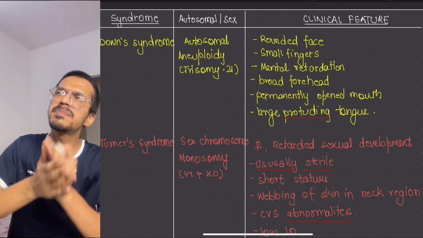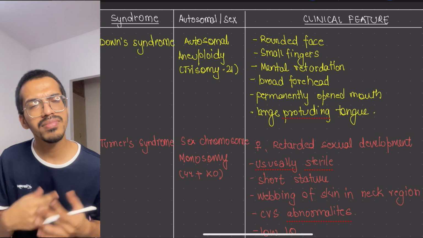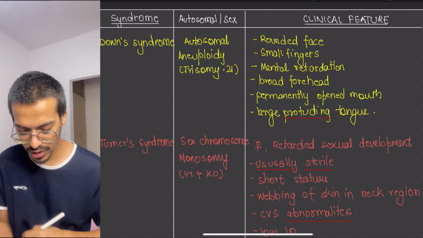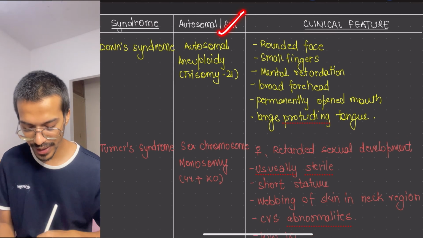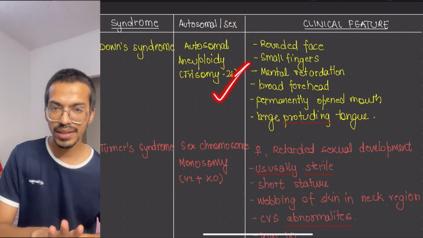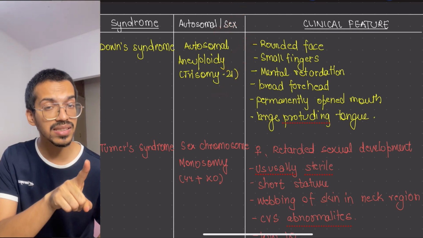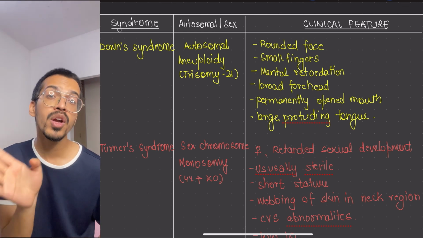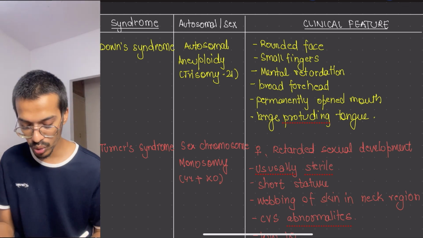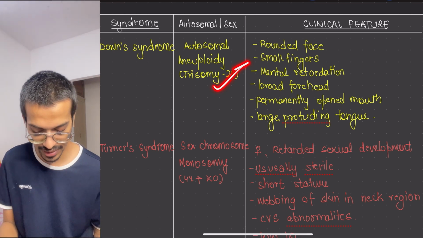So Down syndrome is what? It is an autosomal aneuploidy, that is trisomy of chromosome 21, meaning one extra copy comes into it. So instead of 46 chromosomes, they will have how many? 47 chromosomes, and the chromosome number that is increased